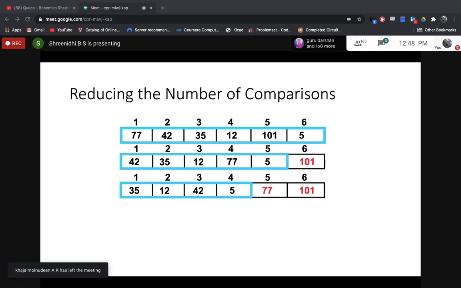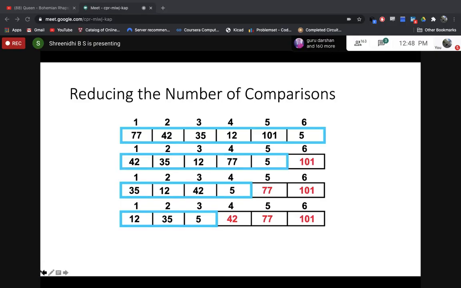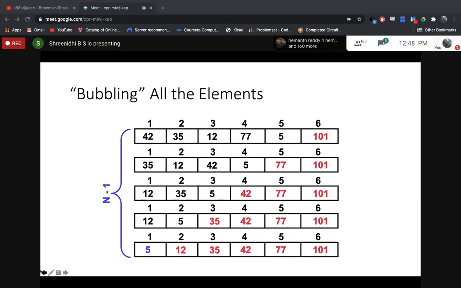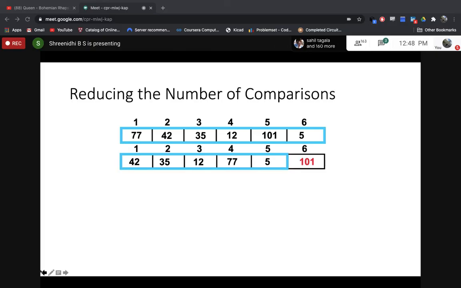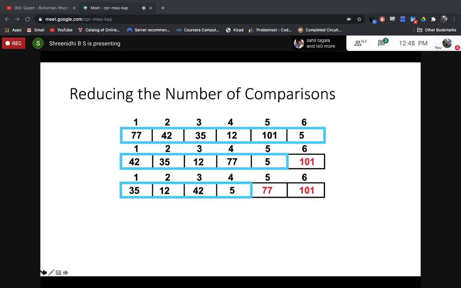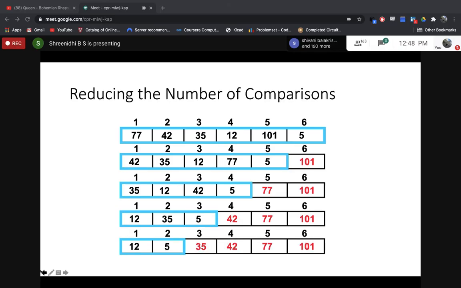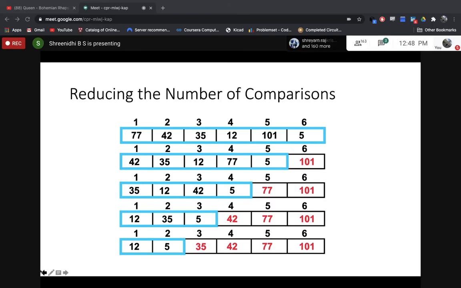See here? Direction of comparison. I'll be reducing. See, first time I compared, how many times did you compare? See here, 1, 2, 3, 4, 5 times you compared. Here, 5 times. Then 4 times you'll compare, 3 times you'll compare, 2 times you'll compare. This is how your comparison works. This is how your bubble sort works.